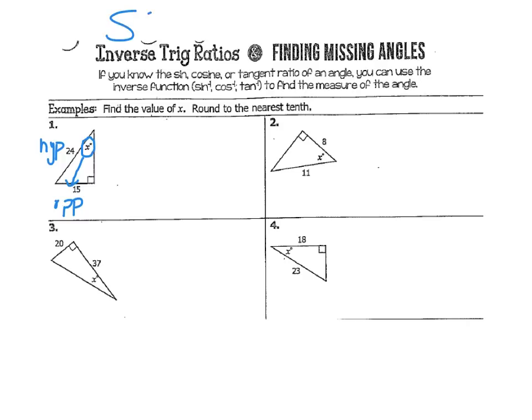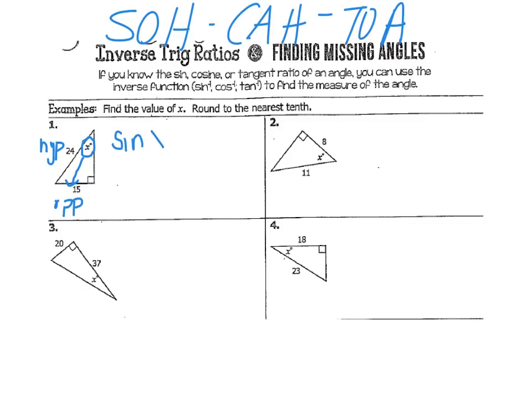Let's look up here. Let's write down SOHCAHTOA at the top. Better not misspell his name. So opposite and hypotenuse, that is going to be sine. So we're going to start with sine of x. Sine of the angle is equal to opposite over hypotenuse, 15/24. Ooh, love having a fraction to reduce. Simplify your fraction. Dividing by 3 will give us